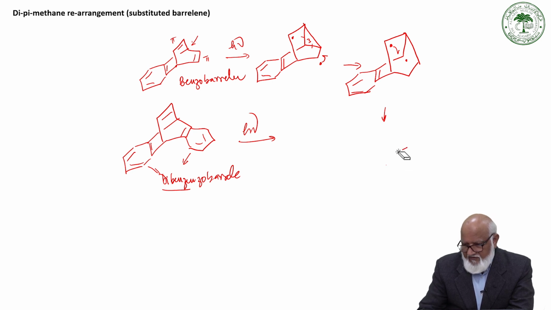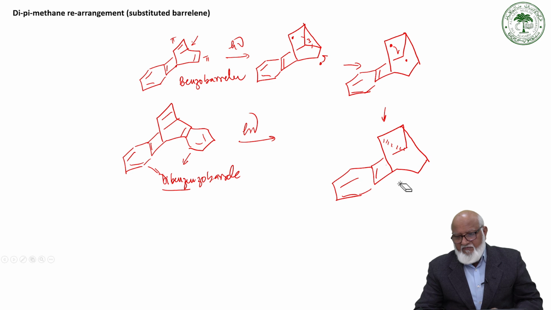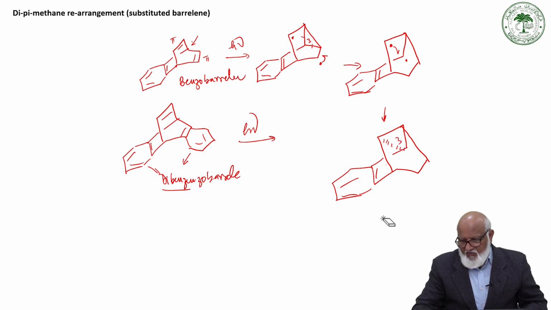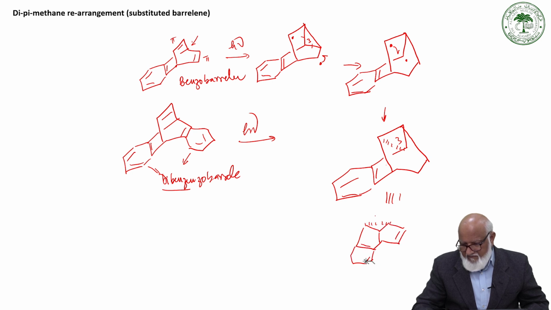So we have a, right, and then this is this one, and then there is a formation of a 3-membered ring. The benzobarylene is remaining as it is. So you have a benzo semibulvarene, 3-membered ring, benzo semibulvarene, and this we can write in a better way. We can write a product. This is a formation of a 3-membered ring, is double bond, and this side is the benzo. So benzo semibulvarene,